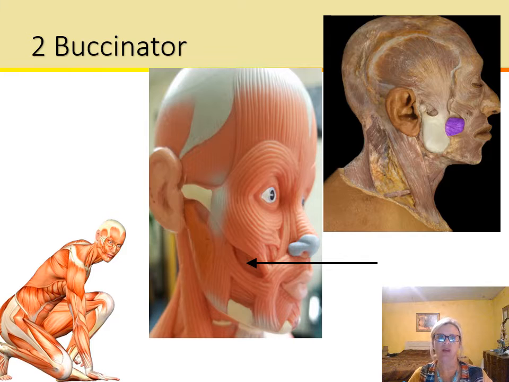All right, so next we have the buccinator. I usually tend to pronounce it buccinator, but it is technically, I believe, buccinator. Say it however you want, as long as you can spell it, we're good, right? This is also known as the trumpeter muscle. It pulls the corners of your mouth laterally and presses the cheek against the teeth. So this is what you would need to do in order to blow into an instrument like a trumpet. And you can see it's under here. It's not these two here, but it is